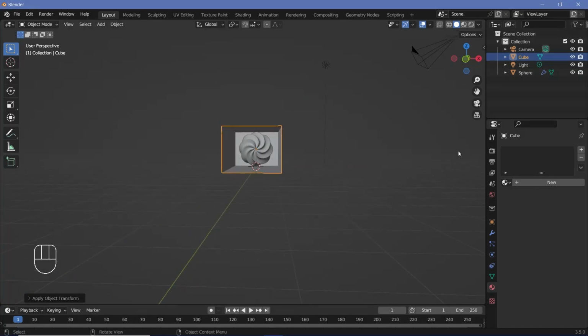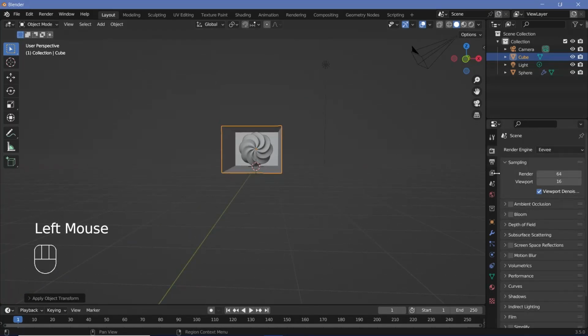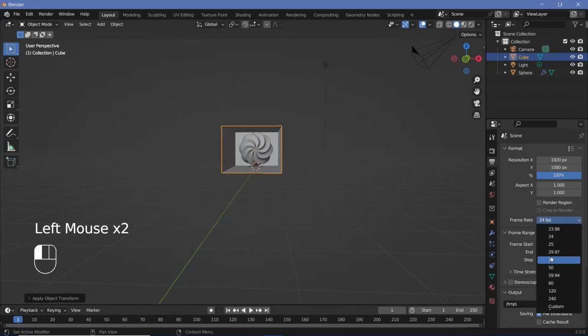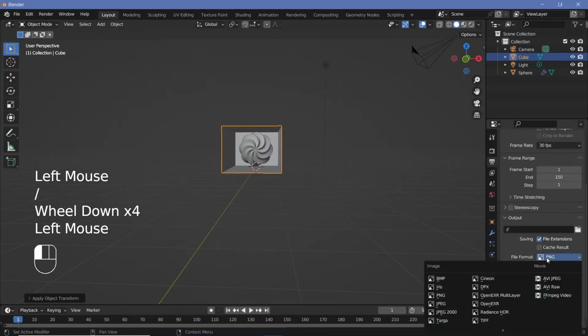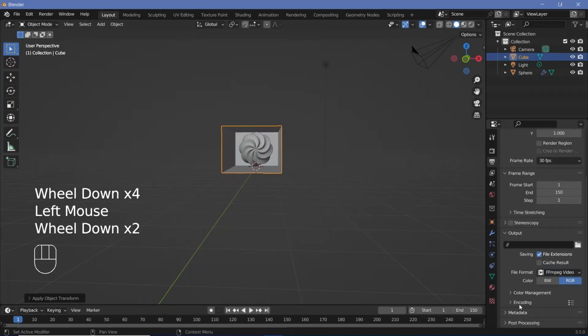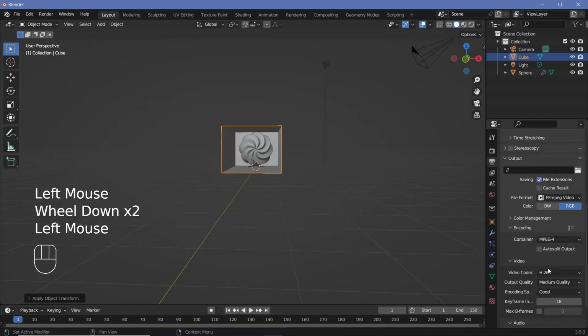To do that, we'll go ahead and set all of our defaults. We'll go to the render properties, switch on ambient occlusion, bloom, screen space reflections, and then go to our output properties, change the frame rate to 30 frames per second. End frame is going to be 150 so that it's a 5-second long animation. Output can be wherever you want it to be. File format is going to be FFmpeg video, and the encoding has to be changed to MPEG-4 with an output